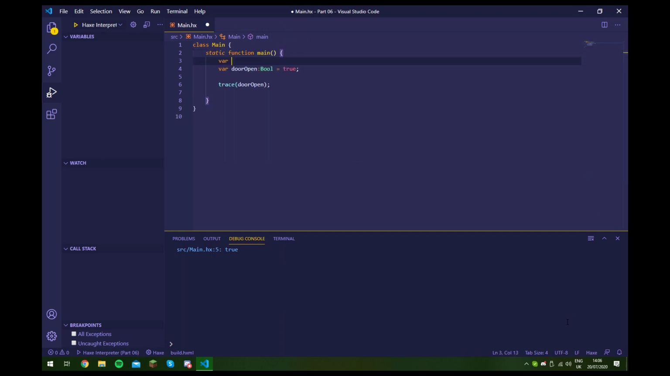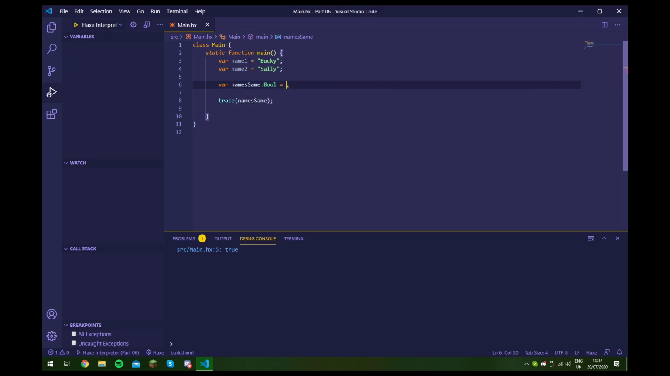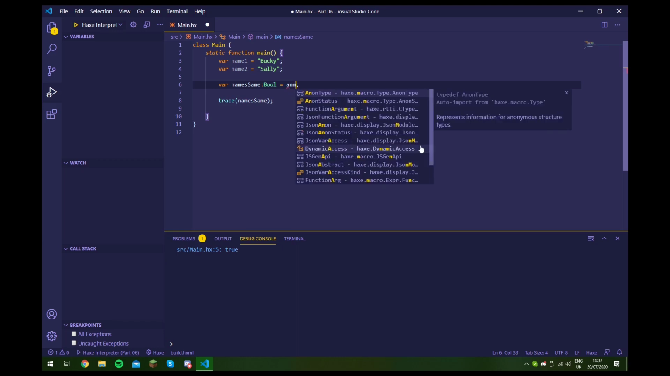So let's say we have two names. Name one is Bucky, and these are both strings, and name two is Sally. So now we want to store whether the names are the same. So we'll create a new variable called names same. So now we want to set this to whether these two strings are equal to each other. So how do we do that? Well, we type name one,